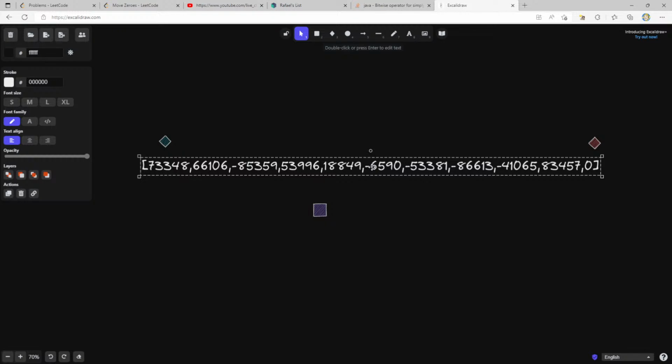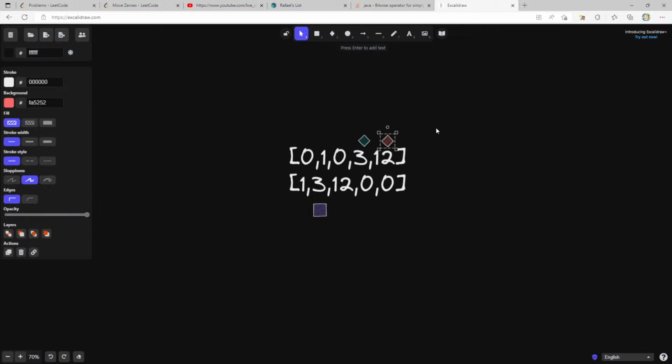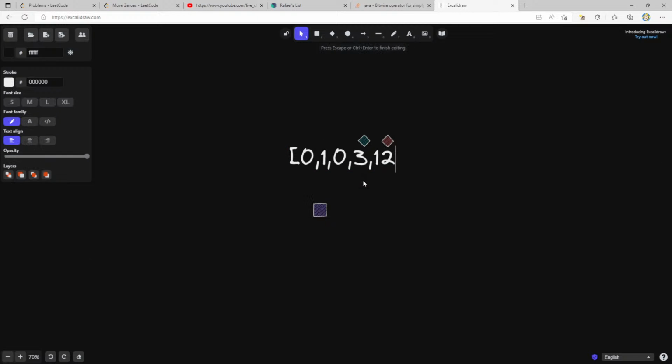I guess what if our left one looked for the first 0, which would be here, and this one looked for the first non-zero, and if start is greater than end, then we just break. Could we do something like that? Like if we go back to the previous example right here,